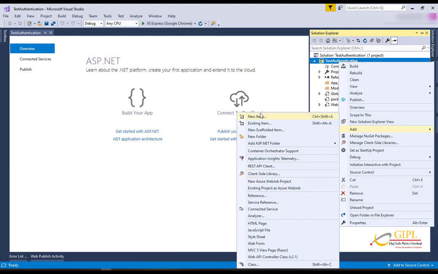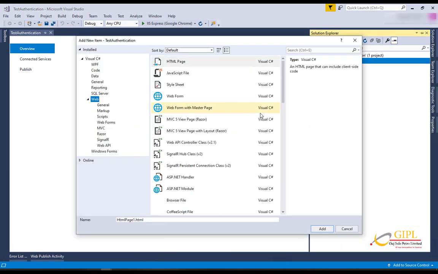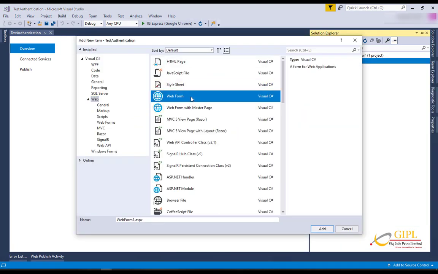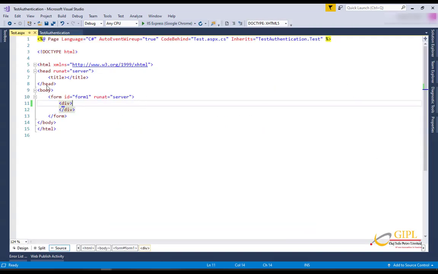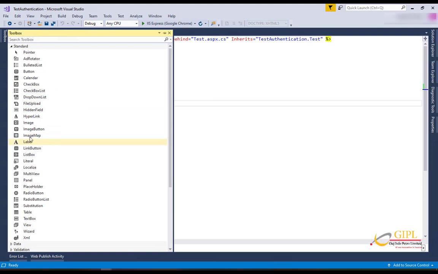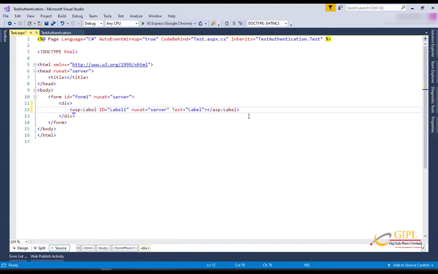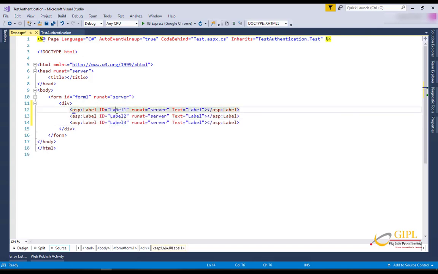Now we will add one web form where we will display the information of the user. Now here we have a test page where we will display the information of the user. To display this information, we will take three new labels. Name them accordingly.